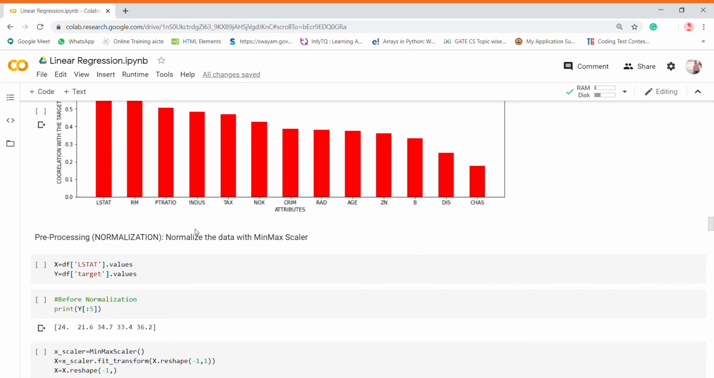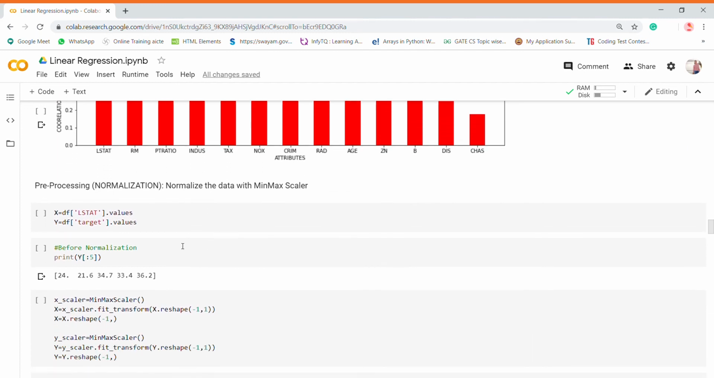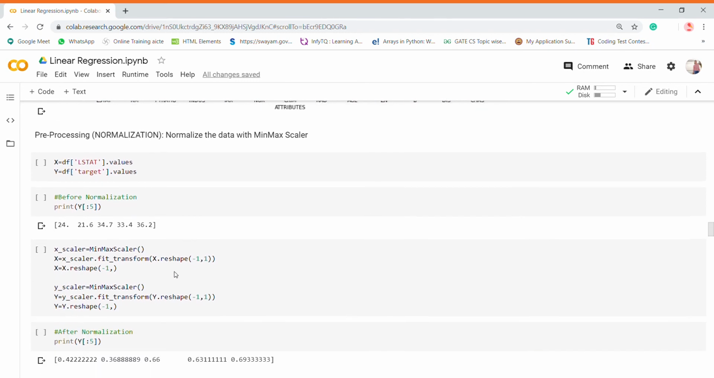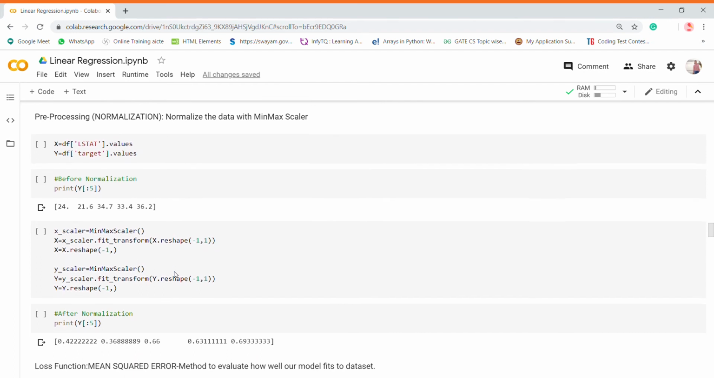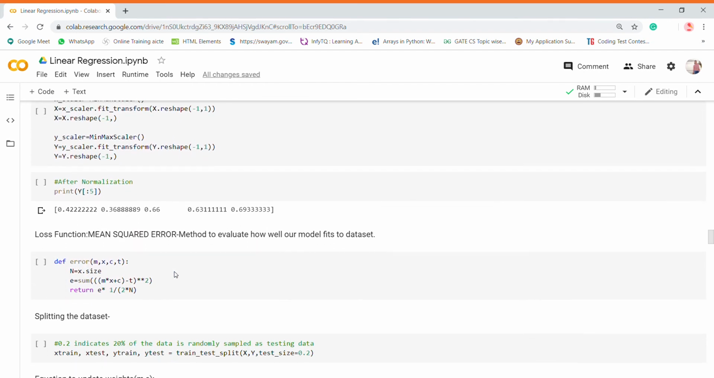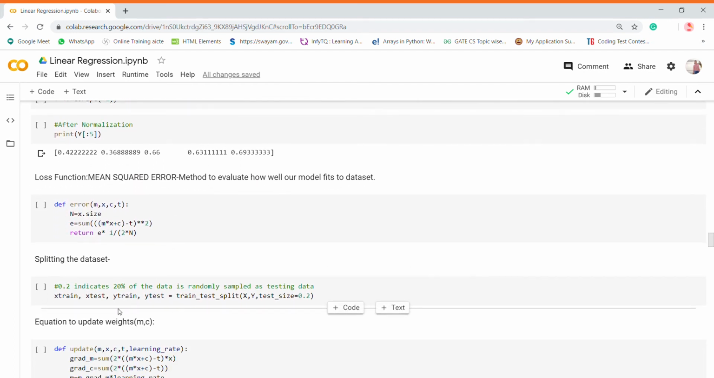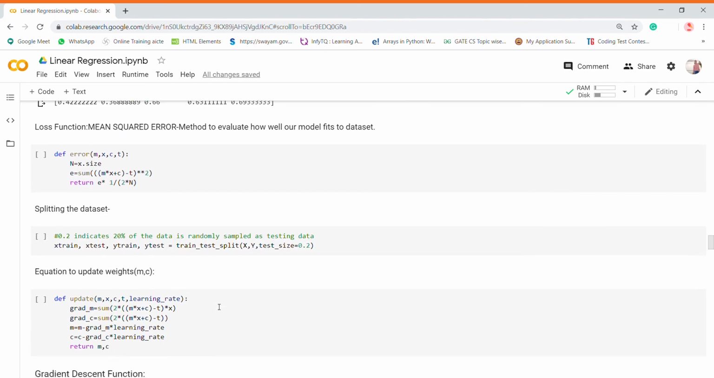After knowing that LSTAT is the most affecting attribute, we will normalize LSTAT and the target to a common scale using a min-max scaler. After doing so, we will split our data into training and test data. Training data is 80% of our data and test data is 20% of our data. So after dividing the data into training and testing data sets,